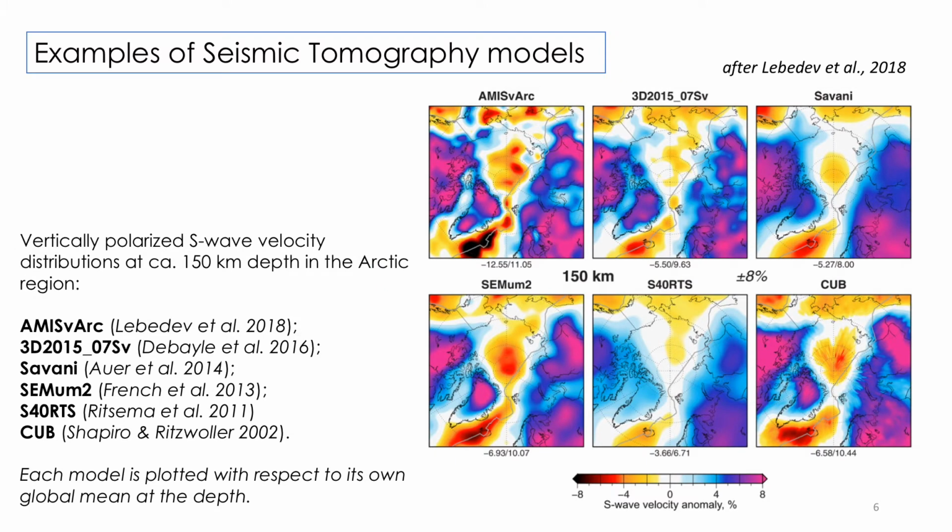The structure of the mantle can be derived from various seismic waves, and here are a few examples of Circum-Arctic mantle depicted by tomographic images at about 150 kilometers depth. The cold colors are showing thick cratonic lithosphere, and the warm colors are showing thinner lithosphere or domains of hot mantle. Note, for example, a corridor of thinner lithosphere under Greenland,